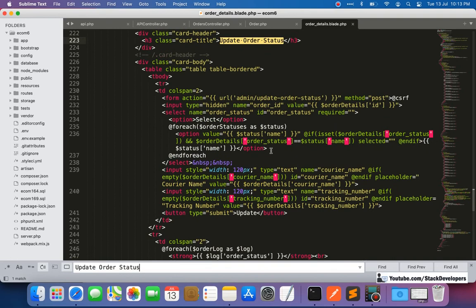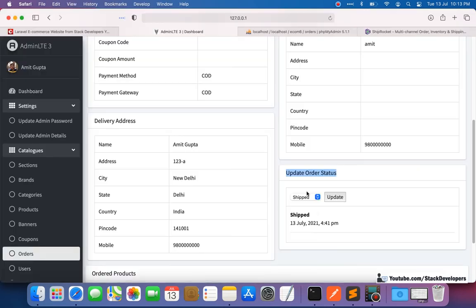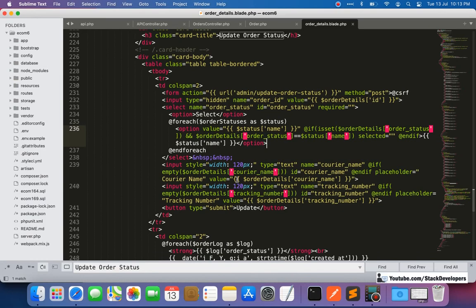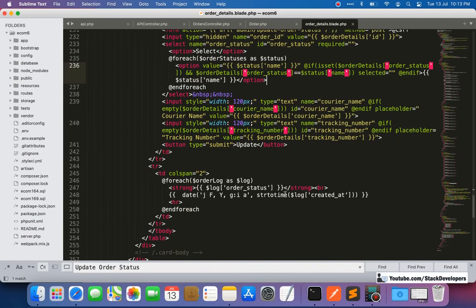So here, if the option is shipped, it is status.